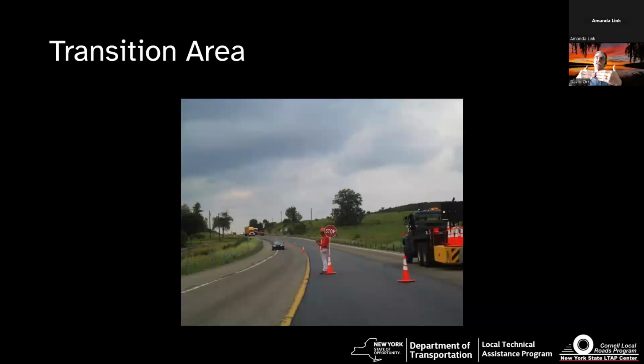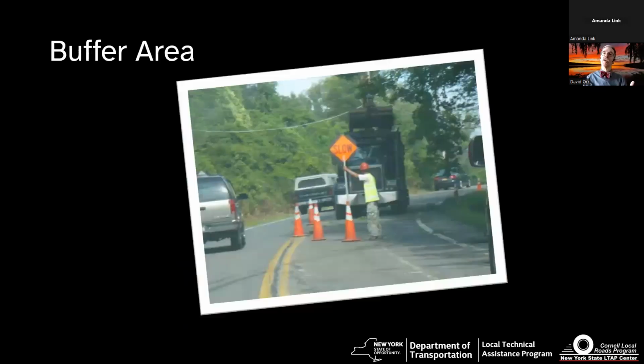Normally, that transition area should just be a set of cones across the road, almost acting like a little bit of a barrier. So people, if they drive past it, hit the cones and, hopefully, slow down or stop. We should not be standing in that zone. We should be standing with our flagger at the end of the advanced area, off to the side with a place to go. This particular flagger, if somebody goes through, they've got no good place to go. If they try to go off the road, they're going to run into their own truck. If they try to cross, they're going into traffic. Really not a good place to be. A transition area is just a small area to give people a chance of moving across.